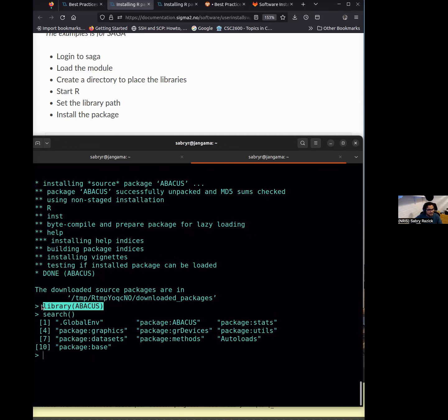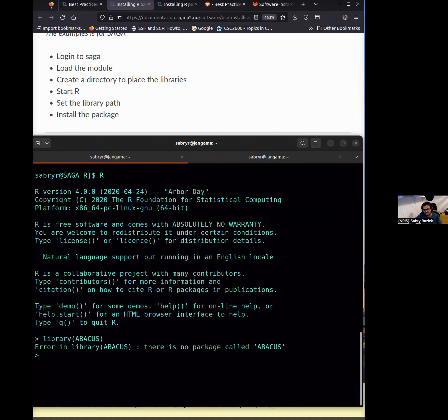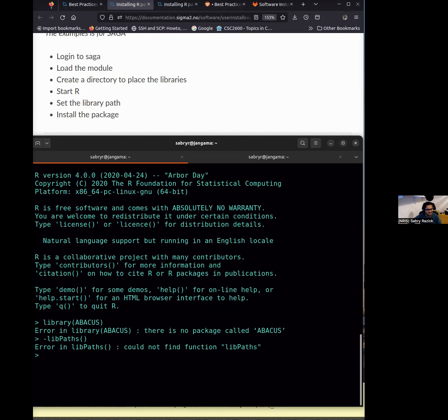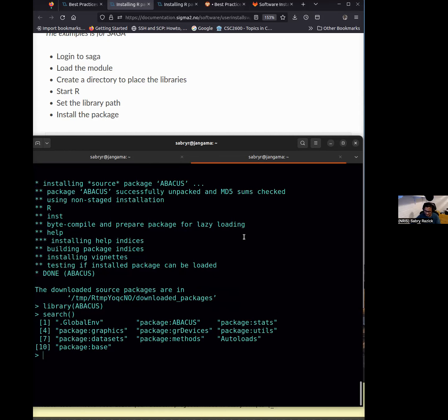Now what will happen? No. The reason is you have to give lib. So the lib paths, lib dot in the front. Yes. Lib paths do not have that location. So here this lib path